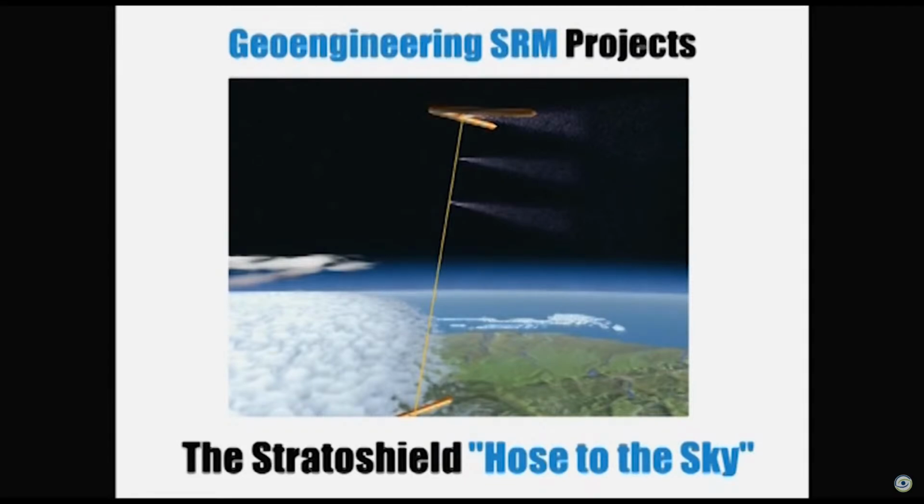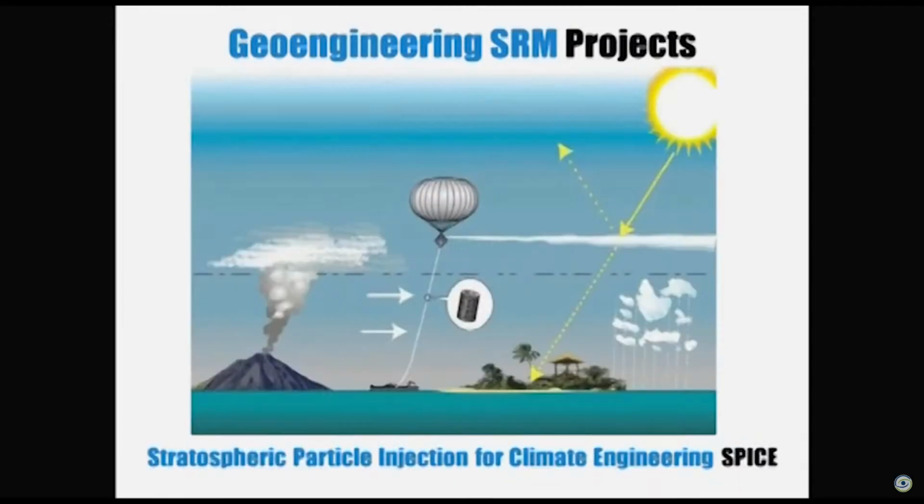And literally roll it out of a building, a blimp flies it up into space, and they pump the sulfuric acid, titanium dioxide, aluminum oxide directly into the stratosphere, no planes required. Over in the UK, they had the SPICE project. They proposed an actual test of this. They were going to drag a blimp behind a boat and spray some chemicals, see how much sunlight they could block.